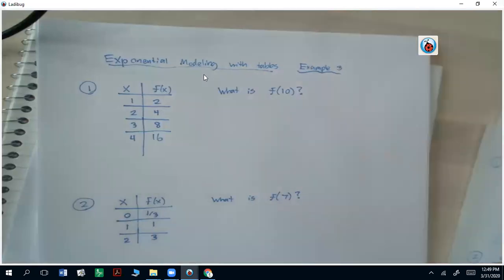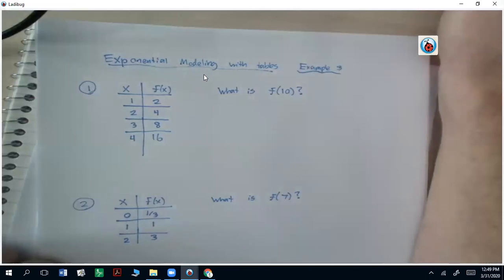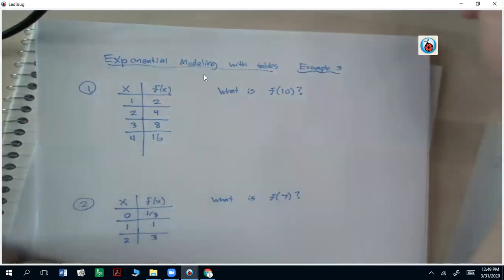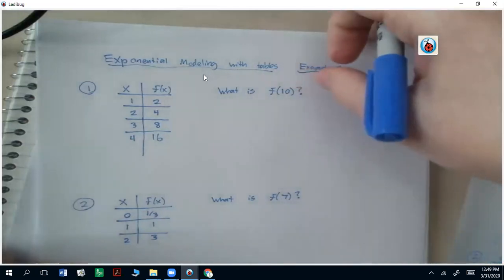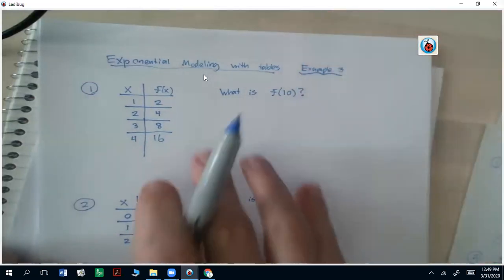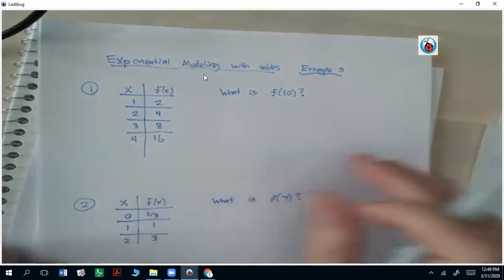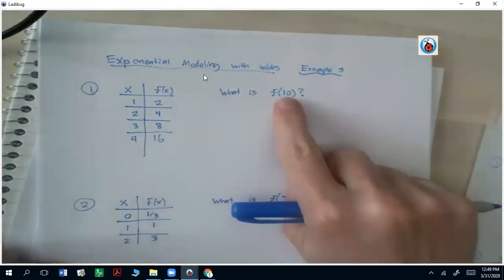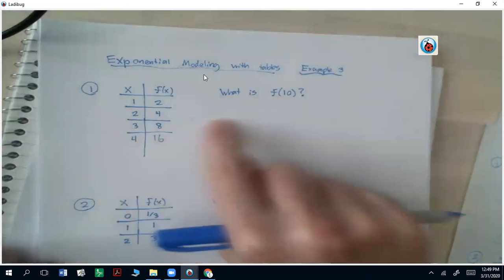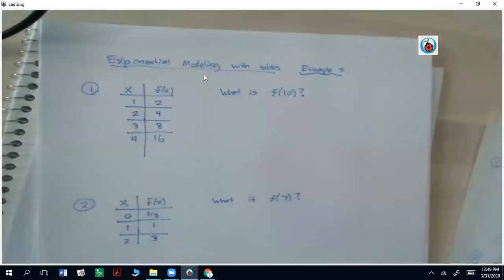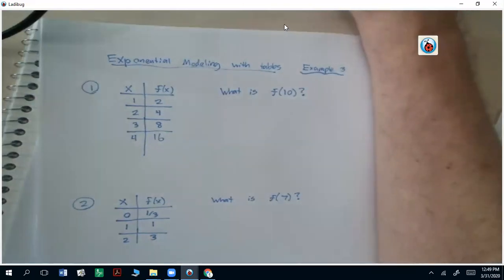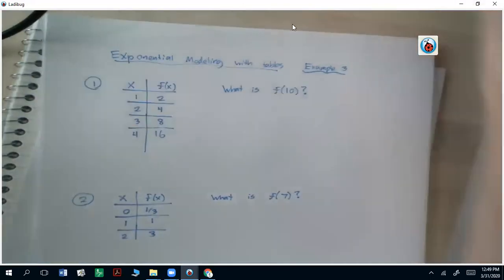We're going to model exponential functions. Here we're modeling exponential functions using tables. What we are trying to figure out is, ideally, what is the function going to become when we extend the pattern, and come up with different values that we don't have to keep extending the pattern to get when we plug in that number. So the long way to do this problem would be to figure out what's being multiplied